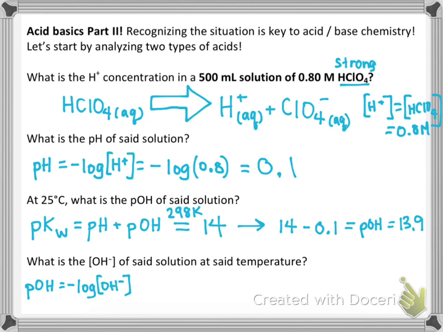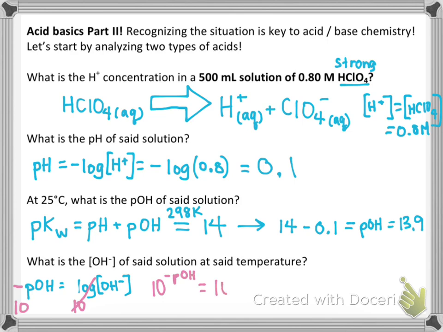So what I'm going to do is move the negative sign to the other side. And then to undo the log, I'm going to do 10 to the power of both of those things. That will cancel my log base 10 and just leave us with hydroxide concentration. So we'll have 10 to the negative pOH,